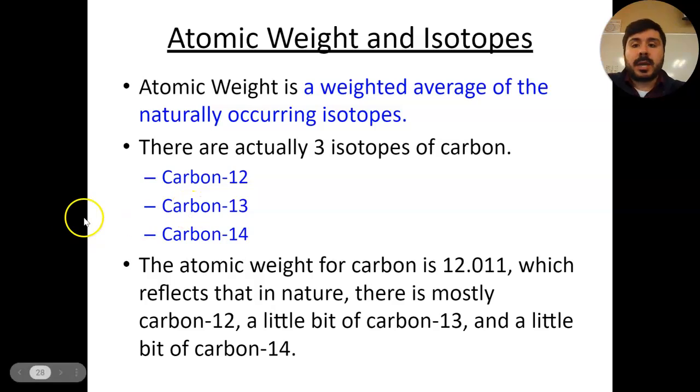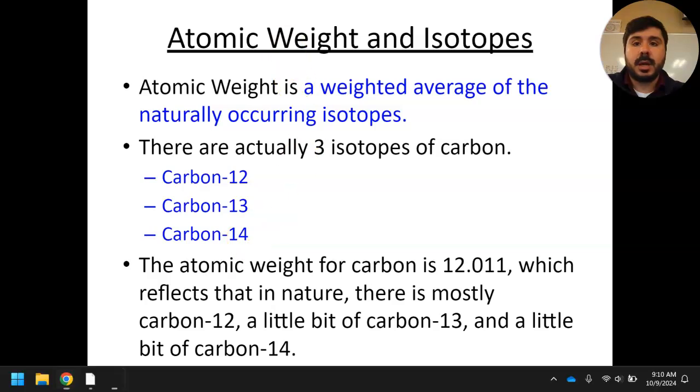So let's look at carbon again. Carbon is probably the most consistently used example in the conversation regarding isotopes. And there are actually 3 isotopes of carbon. There's carbon-12, carbon-13, and carbon-14. Okay, so these are the 3 different isotopes of carbon. If I were to take the regular plain old average of these 3 isotopes,